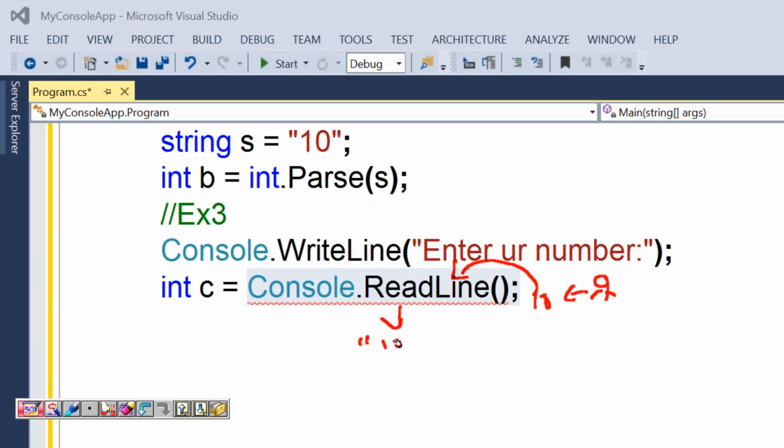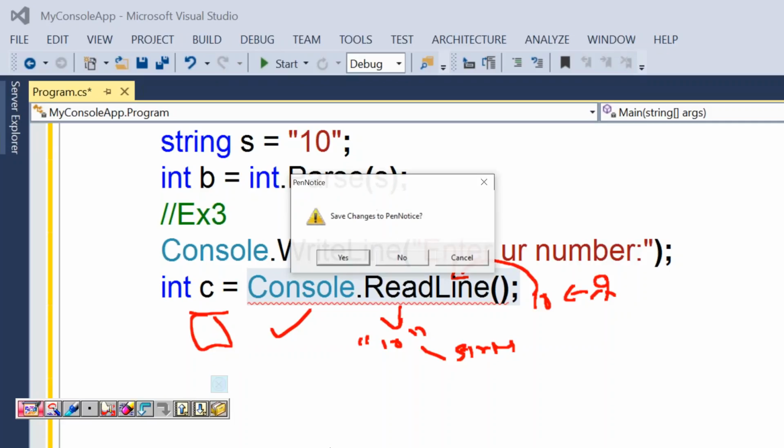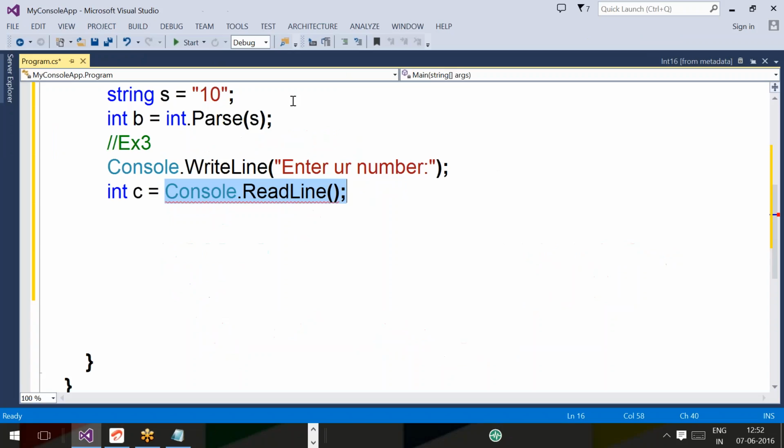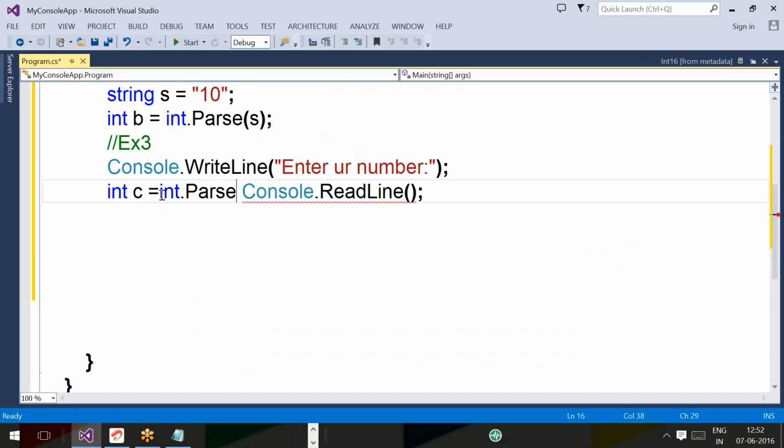Why does the read line method return 10 as a string value? Because by default it accepts only strings. You are assigning string data into an integer variable. That is a mismatch, so you get an error. To overcome this error we can use the concept of parsing. How to use parsing here? int dot parse of